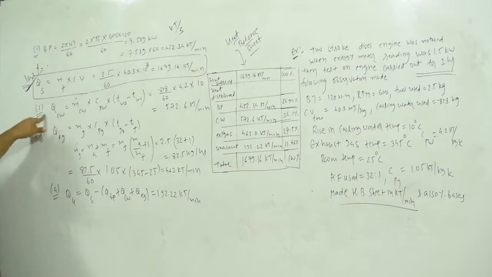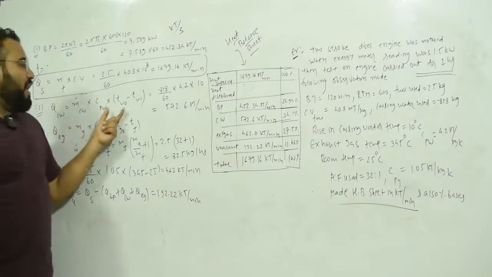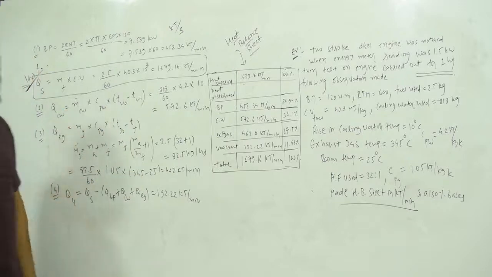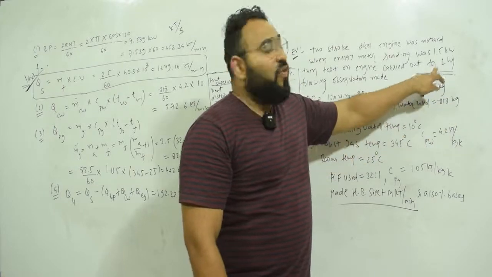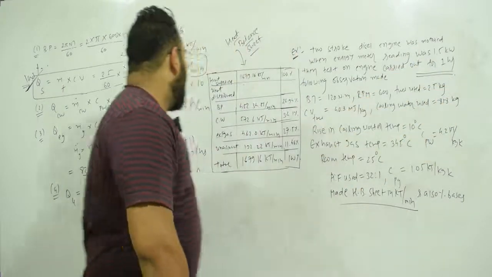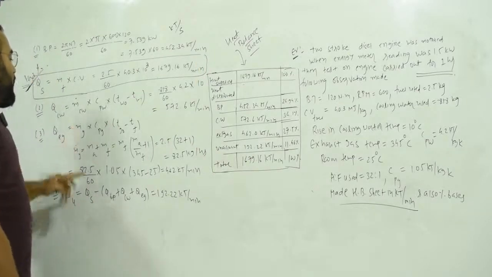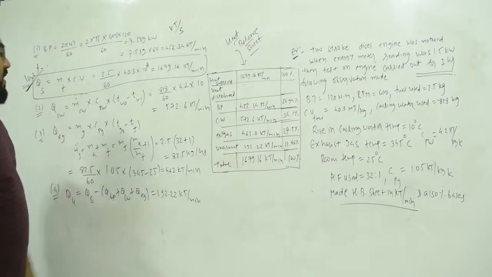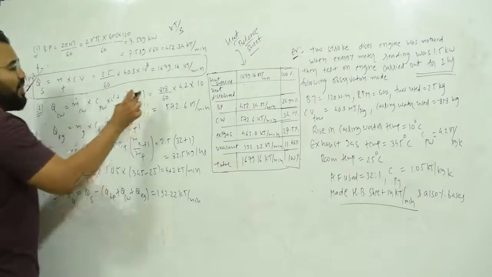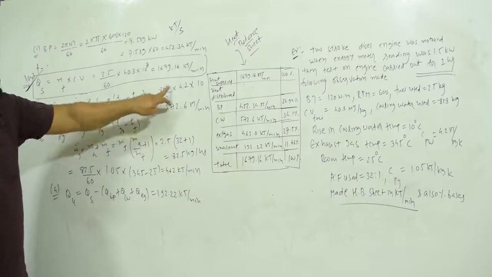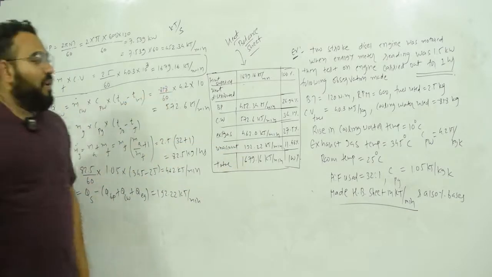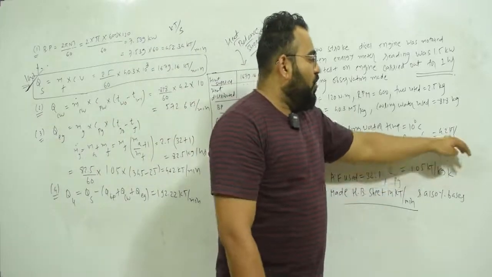Second thing is heat lost in cooling water. Heat lost in cooling water is equal to mass flow rate of cooling water times specific heat times cooling water out minus cooling water in. So here the cooling water used is 818 kg, but this observation is made for 1 hour, so 818 kg per hour. I have told you that you have to convert it into minutes, so 818 divided by 60, kg per minute. Why? Because you want the answer in kilojoule per minute. Specific heat of water is given as 4.2 kilojoule per kg Kelvin.